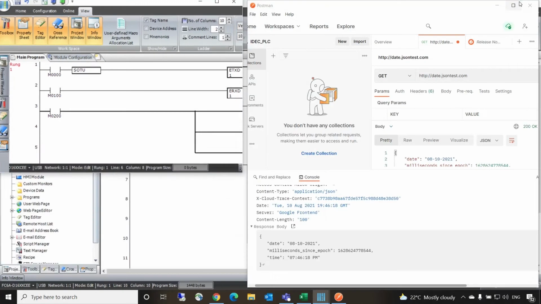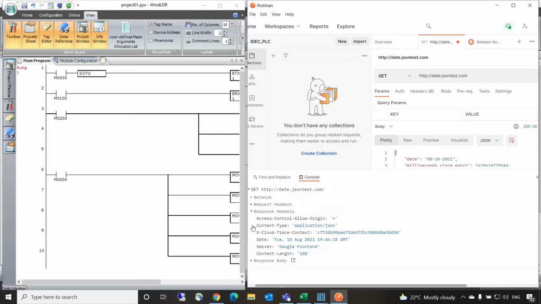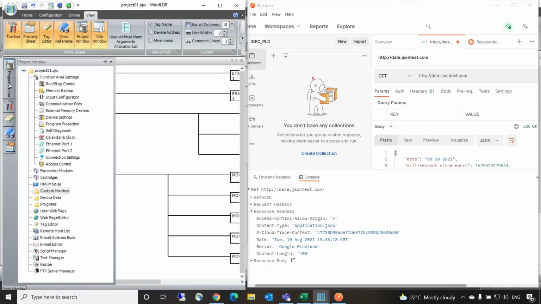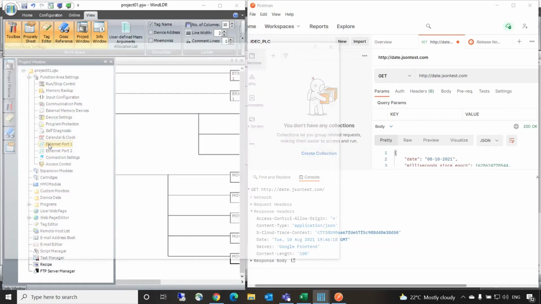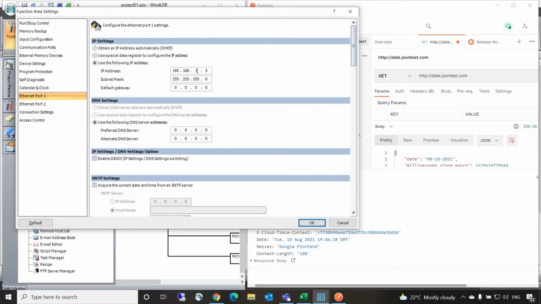Then moving on, now a small program has been made. Now in this PLC, we need to target the Ethernet port. So I'll open port number 1. In this port, I need to mention an IP address along with the gateway and the DNS because it's over the internet. So DNS is quite required over here. The IP address of the Wi-Fi router I'm connected to is 29. So I'm mentioning it with 29.